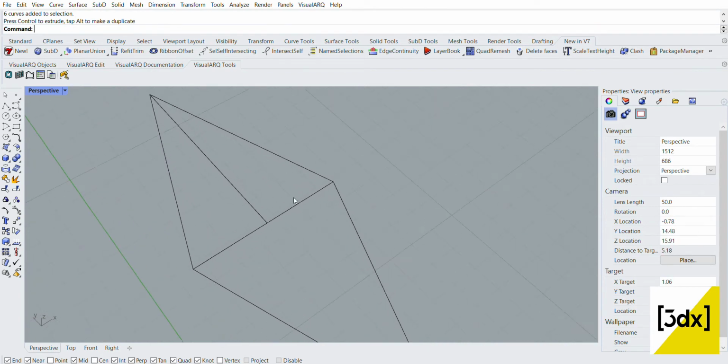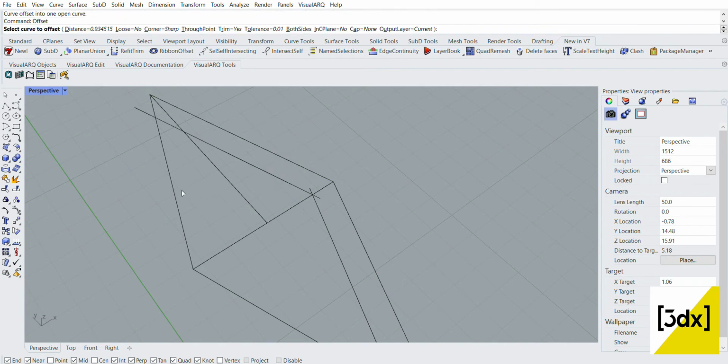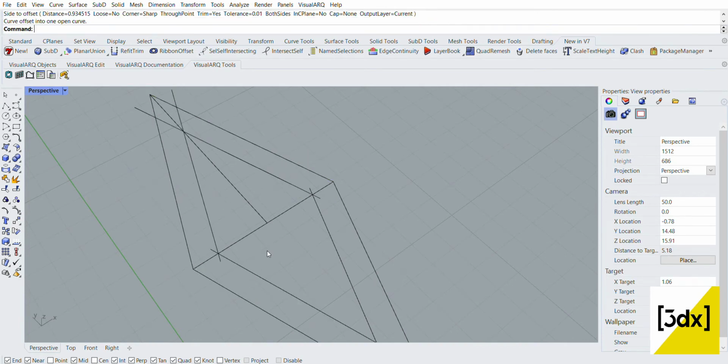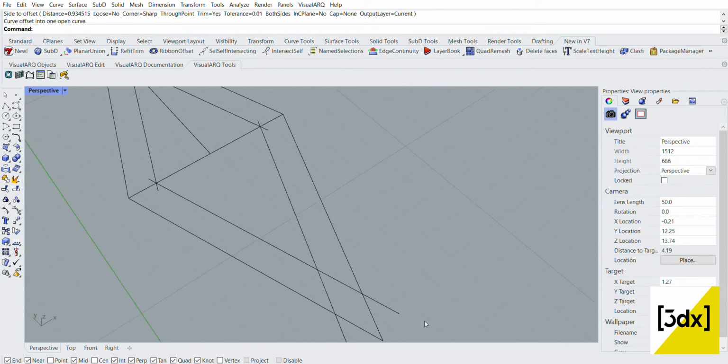So after I did that, I'm using the offset command and just offsetting it. Then I'm using the trim command.